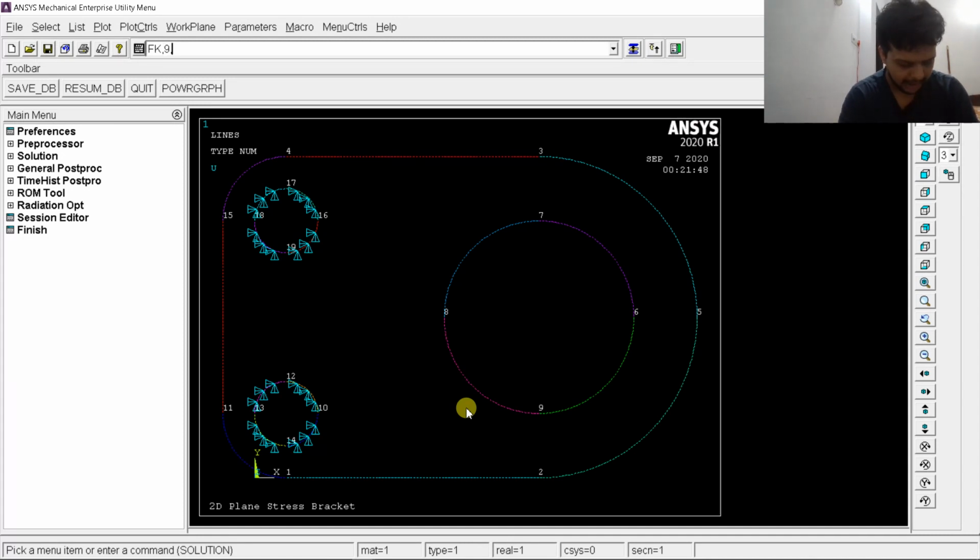Now comma, what I have to do next is define the direction. There are mainly three directions, like X, Y and Z. So the second input will define the direction. I will apply a load in the vertical direction, downwards. See here, the y axis is there. It means that I have to apply a load in the y direction. So FY will tell ANSYS that the load is to be applied in the vertical direction. Now comma, I have to input the magnitude of load.